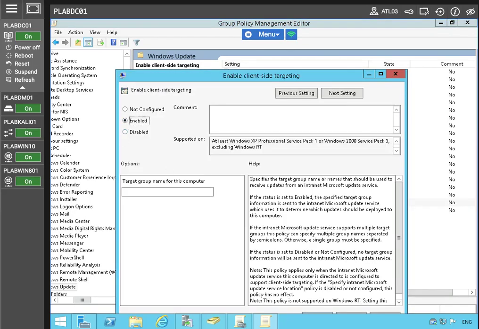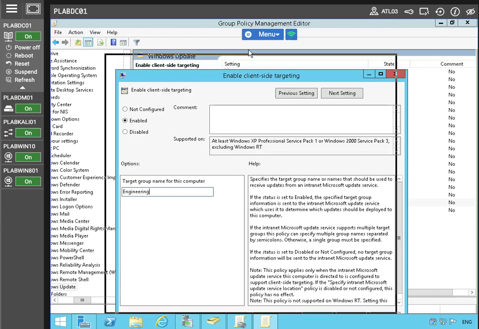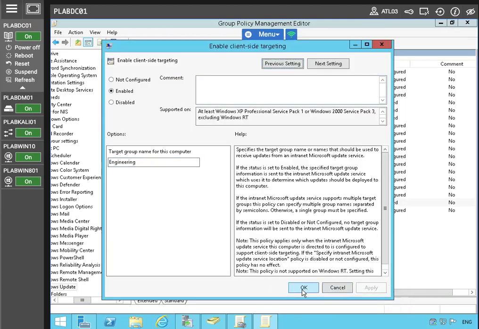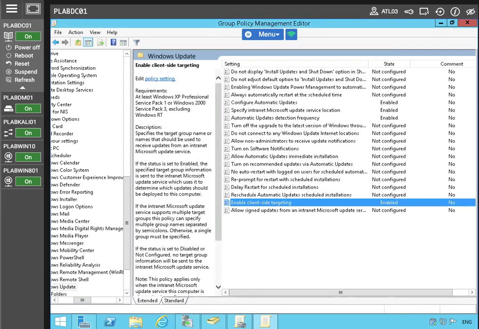Naturally, we want enabled, and the name we want is engineering. There we go. Now that we've defined the WSUS settings for our GPO